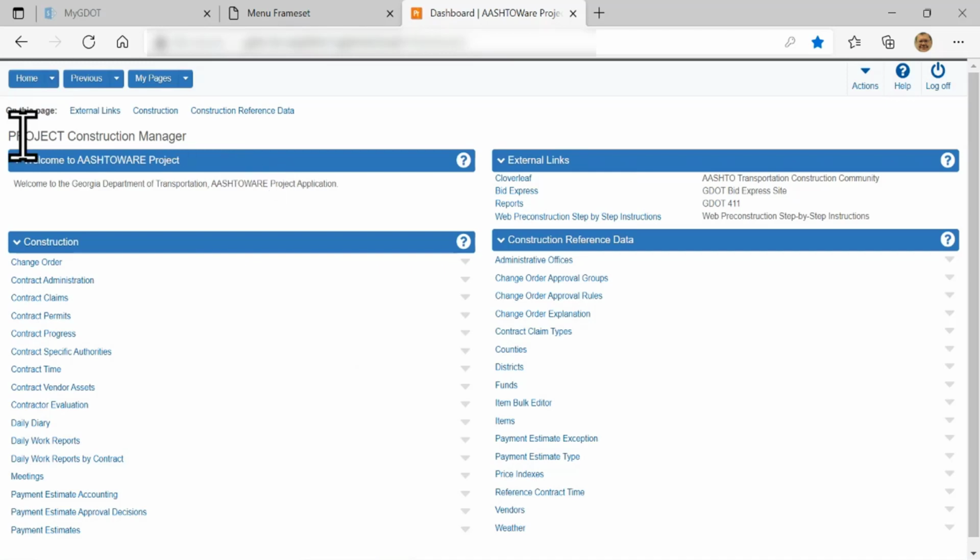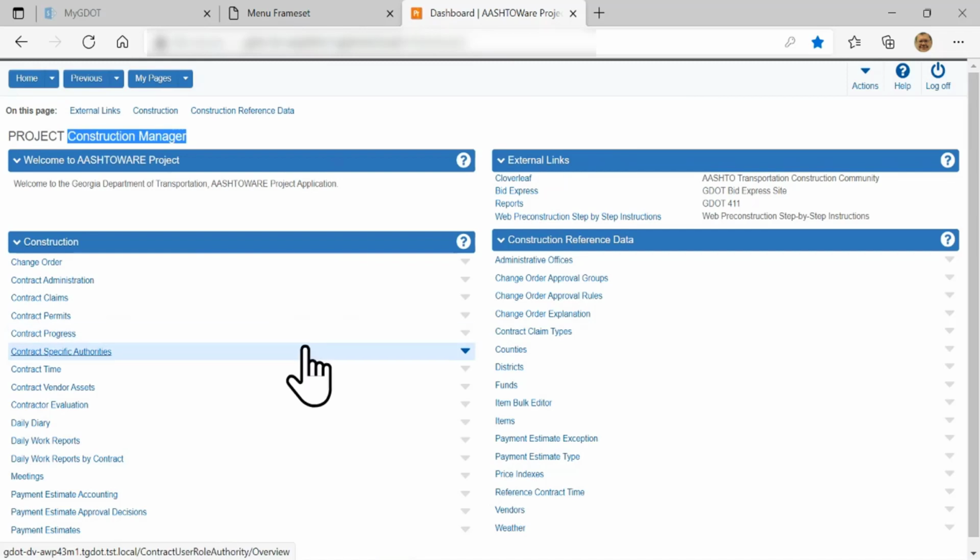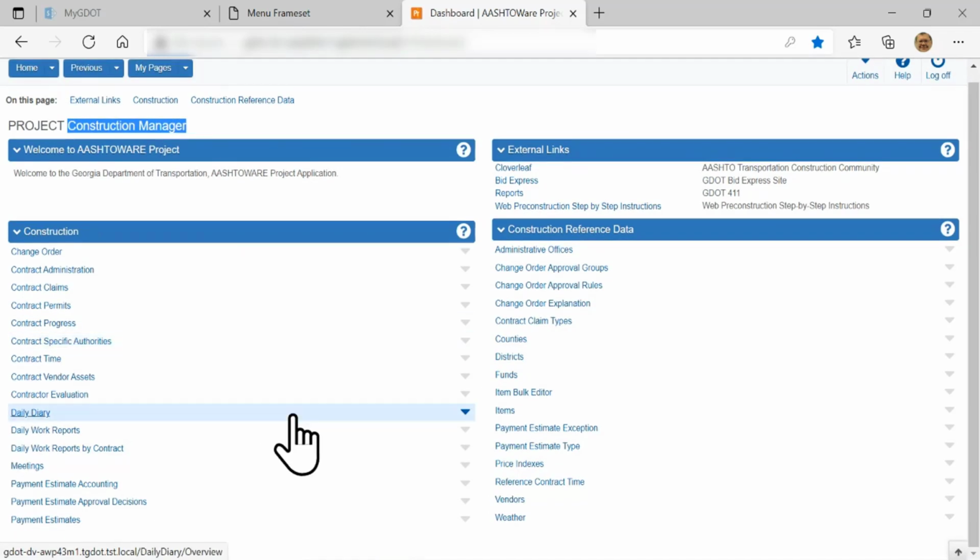And you'll see, since I logged in as a construction manager, my dashboard lets me know that I'm logged in as the construction manager, so I have access to working with those tools. So that gives you a way of understanding those different tools. Managers have other sections they cover later on, like the daily diary or dealing with change orders or filling out other progress of the contracts.